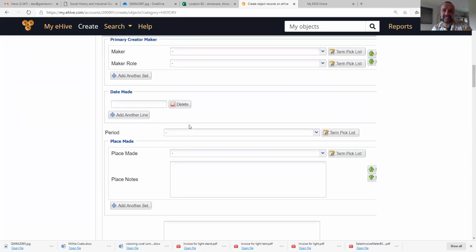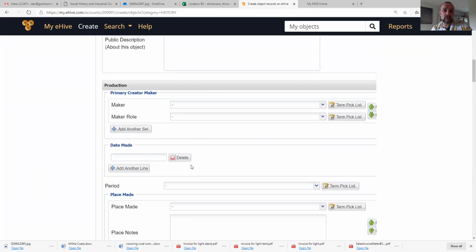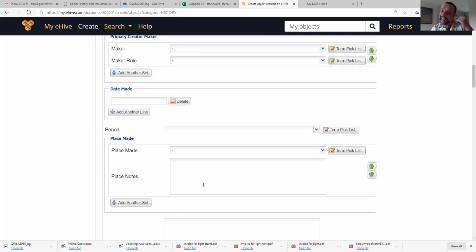Made. Now, this is the one to be careful with, because I would say there that we probably could hazard a guess that this is Glasgow made. If it just had Grantown on it, it doesn't necessarily mean it's made in Grantown. So be careful of putting things that have an insignia on as making that the maker, because it's not necessarily the maker. It could be more the seller. So be careful around putting